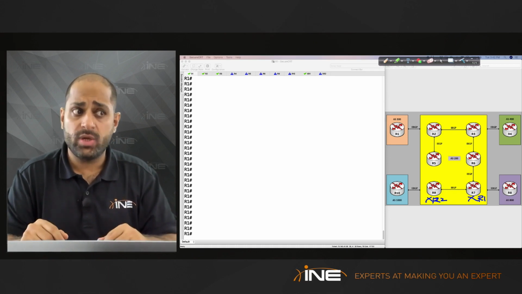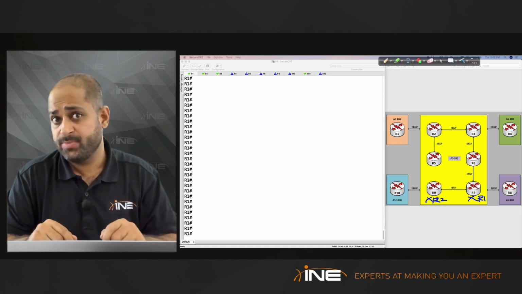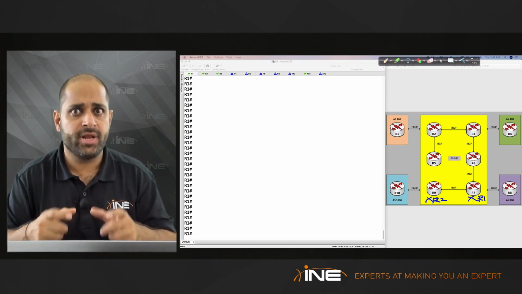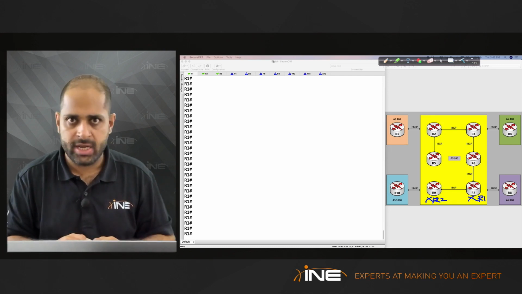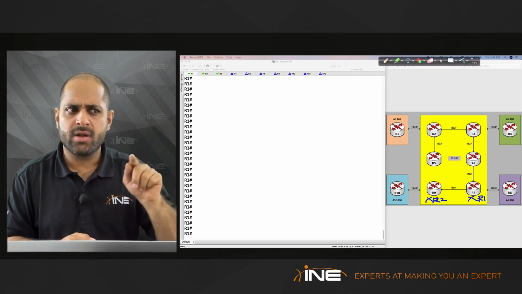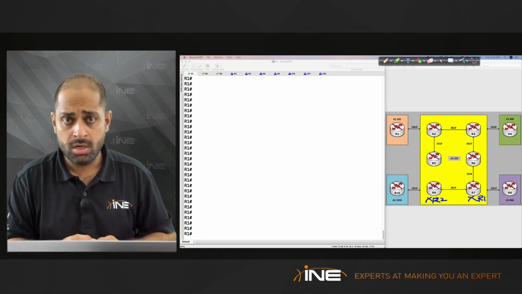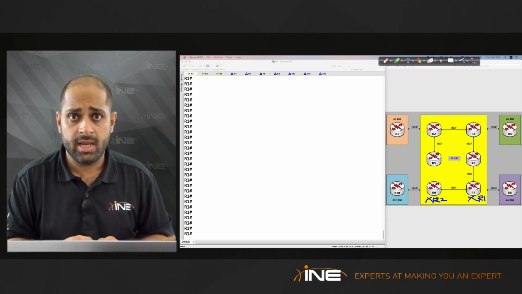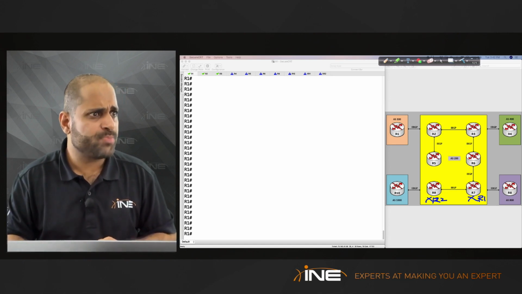For IGP within the autonomous system of AS200, I have configured OSPF. So entire AS200 is running OSPF internally. The WAN links are not running any kind of IGP. Router 7 is an iOS XR, it's iOS XR 1, and router 9 is iOS XR 2. So at this point of time,